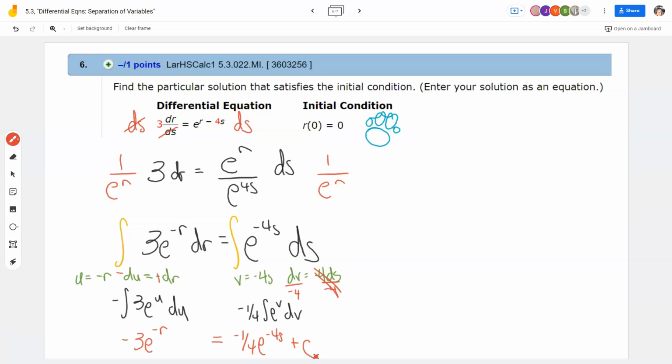Question, does it say I have to get y by itself? No. Not necessarily, but I could simplify a few things if I wanted to, like e to the negative r is equal to, I don't know, there's different things we could do. Long story short, we gotta plug in our clue. We'll see if you guys are able to get there on your own when we come back together